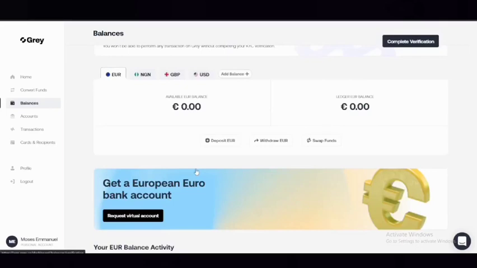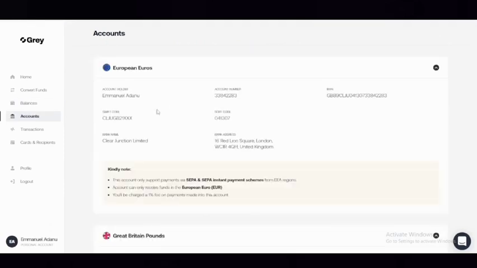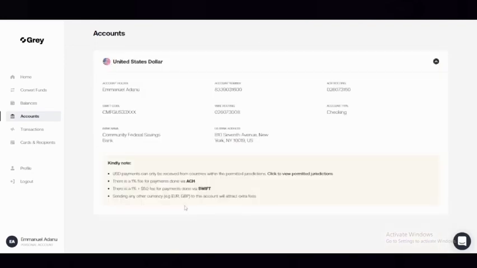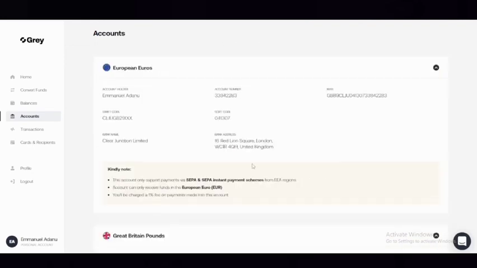So once you do the verification, it's a very simple process. Just wait a few days and your account will be approved. Then you can request these foreign accounts, and that will also take some days. But eventually they're going to give you those accounts that you start working with. With all that done, you're going to receive your Euro, pounds and USD accounts like the ones I have here. So this is the simple process you need to follow to create a US bank account for non-residents